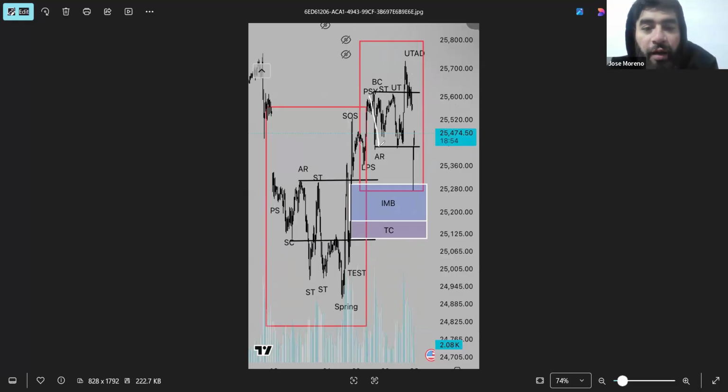We got the strong move down for the BC to the AR, test the top, test the bottom. Yeah, this could be your UT, right? And then UTAD there. Yeah, that's really the same thing I was looking at. I was looking at this potential institutional candle with that move to the upside for UTAD. And then we've now had this gap down. So personally, I would like to see this get a little bit deeper, and then from there look to see if we can potentially buy up, right? So I kind of have the same idea as you.